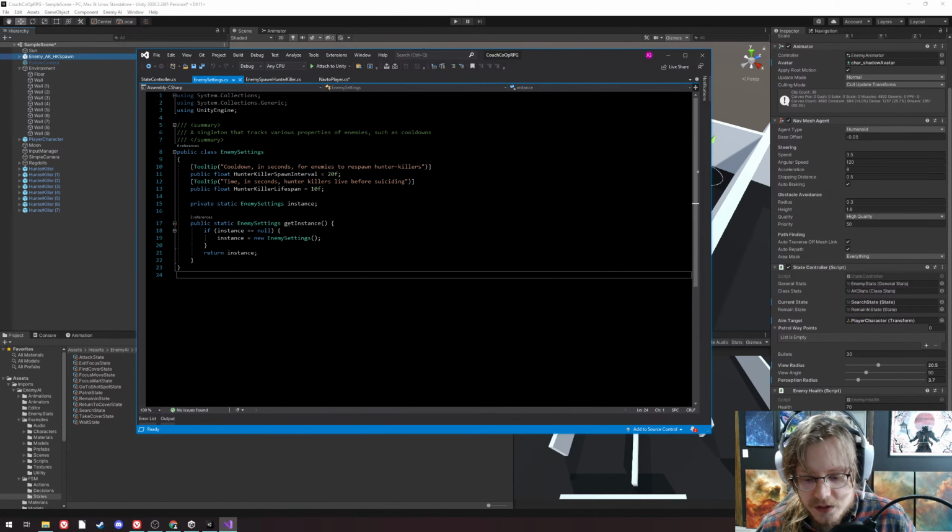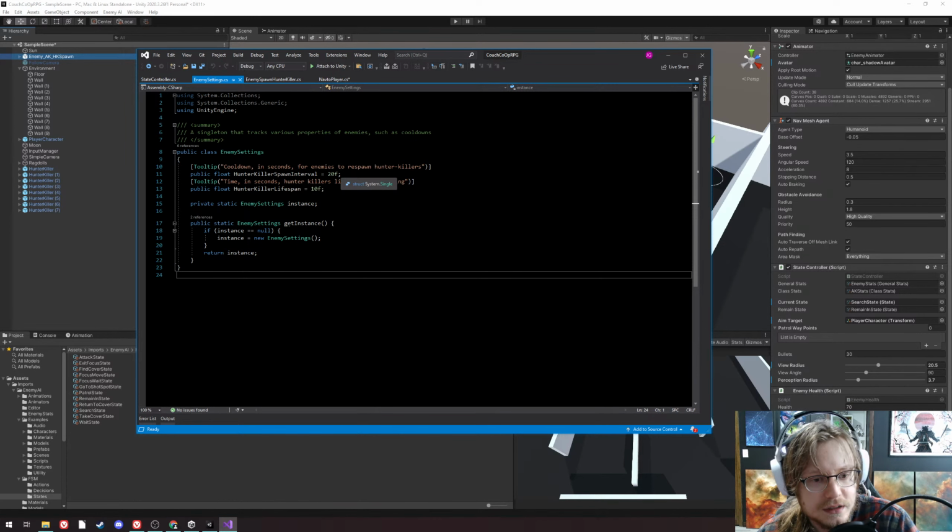This is really useful for if you pick up like a power-up or something, or if you pick up some kind of power down, or if the game increases in difficulty. These values change, and they change across multiple different prefabs. Like maybe I have many, many different kinds of enemies, and I like them all to have a single common source of truth. And so what I've built here is a singleton,